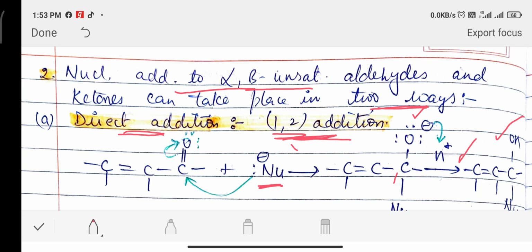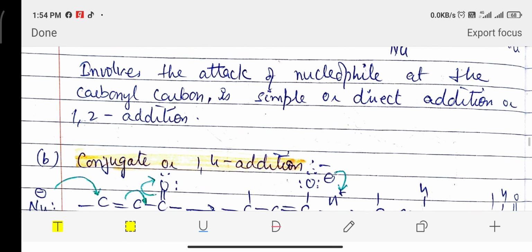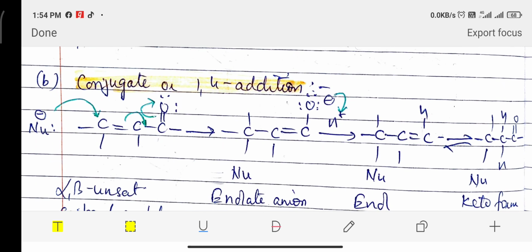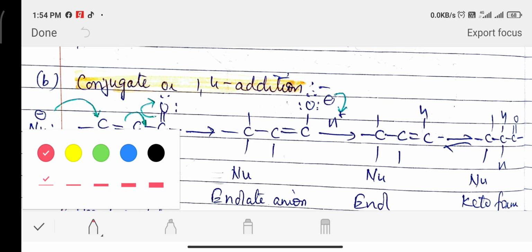The attacking groups are attached to adjacent positions, one attached to carbon, the other attached to O, so 1,2 positions. So it is 1,2 addition. It is simple or direct addition. Second is conjugate addition, or 1,4 addition. In 1,4 addition, we can show this nucleophile